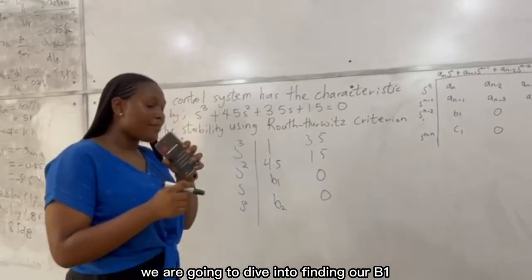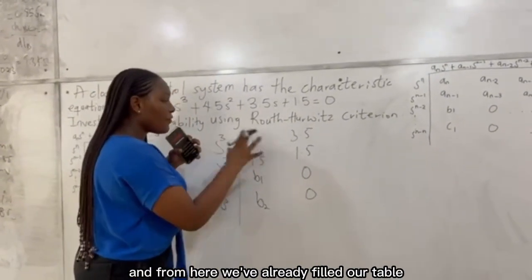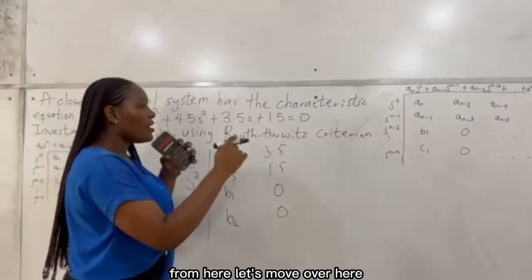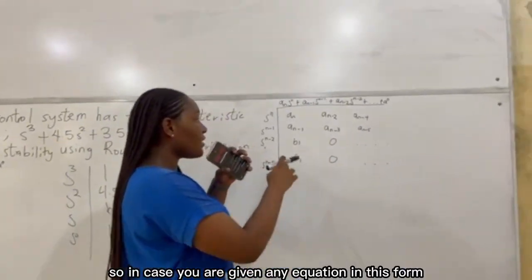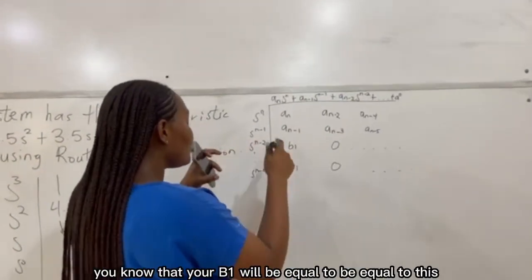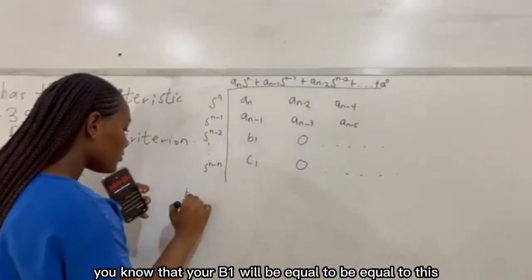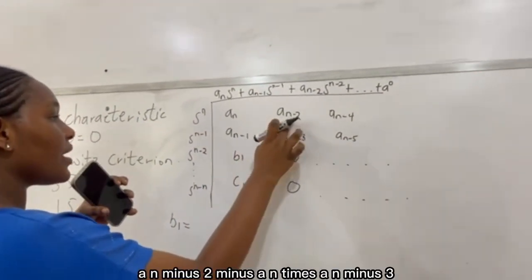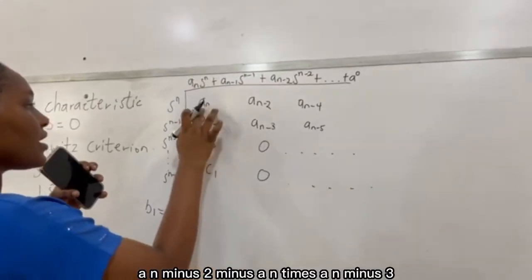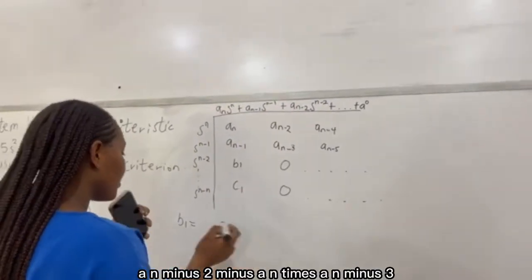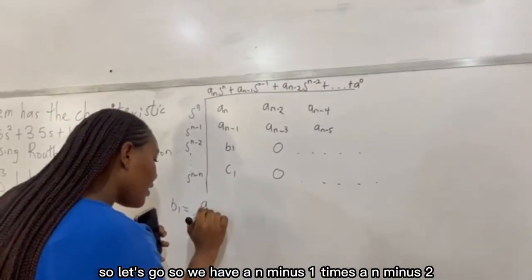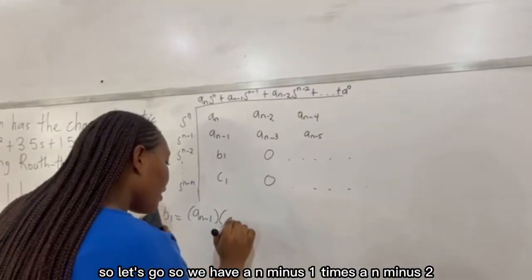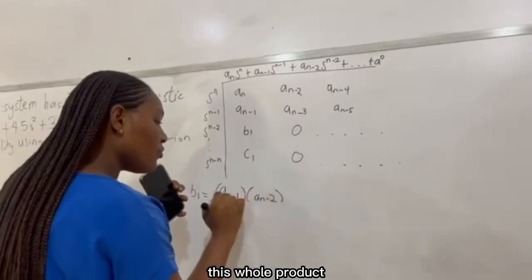table. We are going to dive into finding our B1, and from here we've already filled our table with the values that we got from here. So let's move over here. In case you are given any equation in this form, you know that your B1 will be equal to this an minus 1 times this an minus 2 minus an times an minus 6. So let's go. So we have an minus 1 times an minus 2. This whole product,